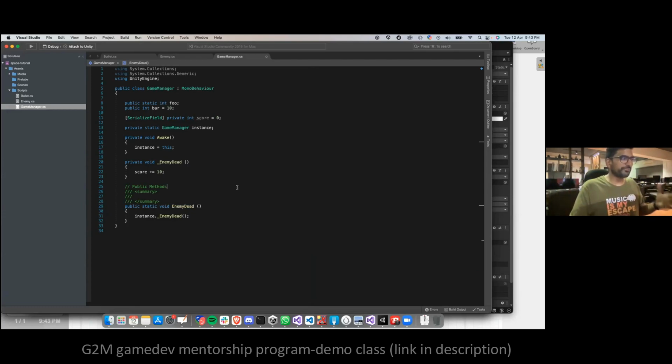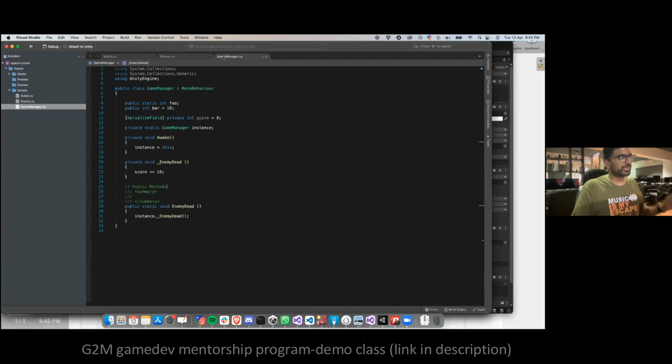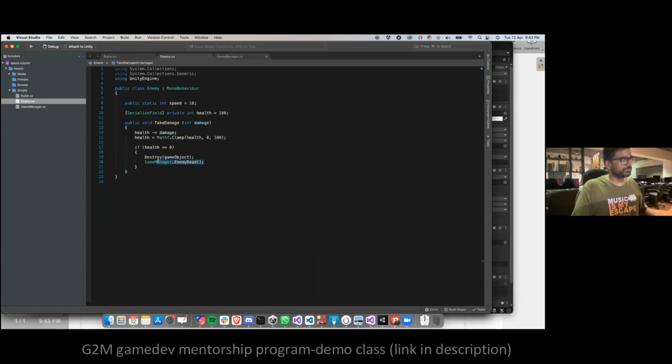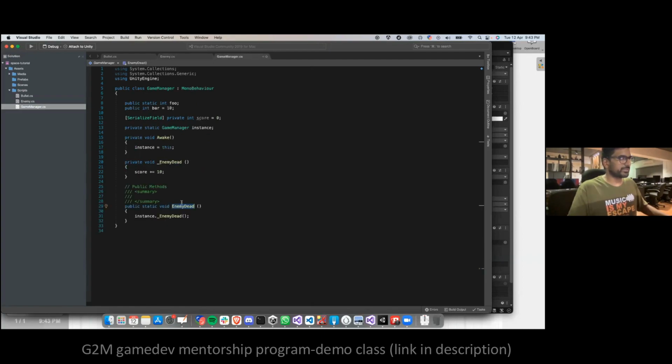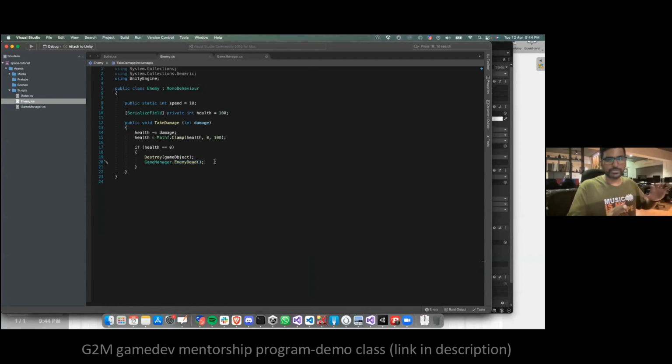So do you think it would be okay to communicate without having a static method that's been triggered? Without doing this one. This way I'm directly accessing a static method inside the game manager. Let's talk about